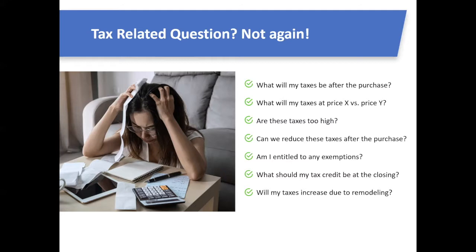Some of those questions are, what will my taxes be after the purchase? What are the taxes at price X versus price Y? Are the taxes too high for the property I'm going to purchase? Or why has my property not been sold or is not selling? And why are the taxes affecting this or causing this? Can I reduce the property taxes further after the appeal, and what can be done? Are there exemptions I can apply for? What should be my tax credit at the closing? Can my taxes increase during remodeling? There are tons of different questions that homeowners ask